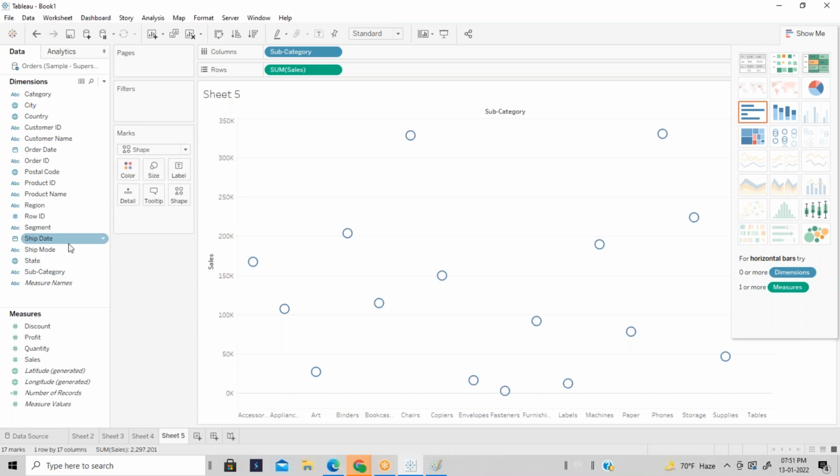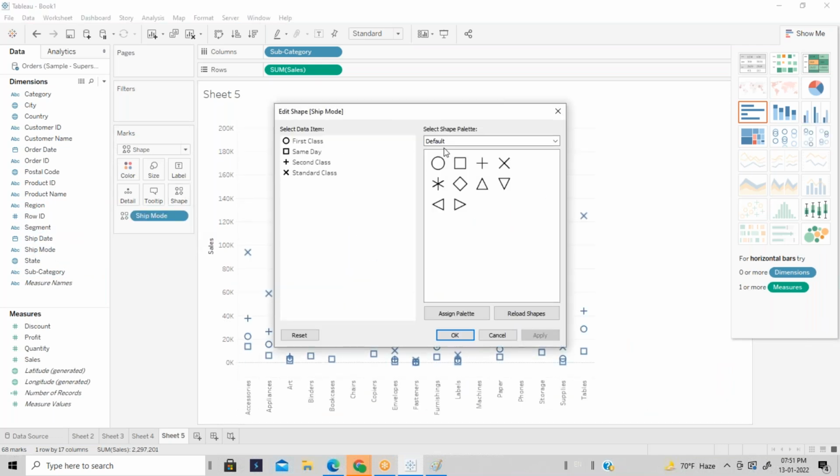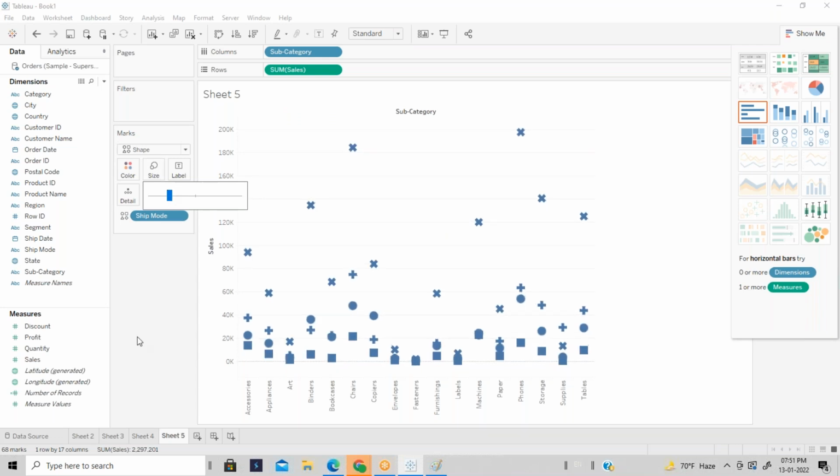Subcategory, and I want to see each ship mode wise, where I just want to select this field. Increase the size, and for each subcategory I want to see a different color.